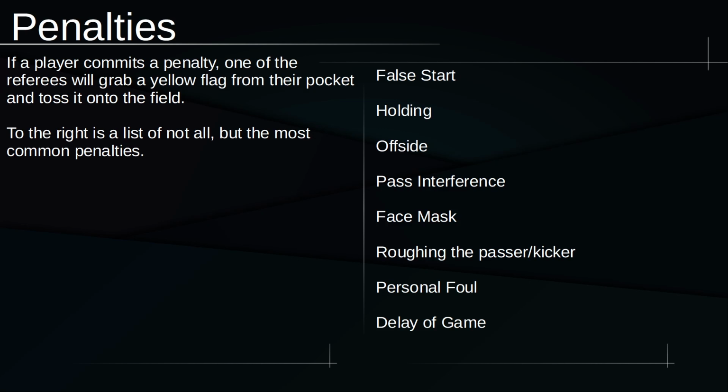And those most common penalties are false start, holding, offside,